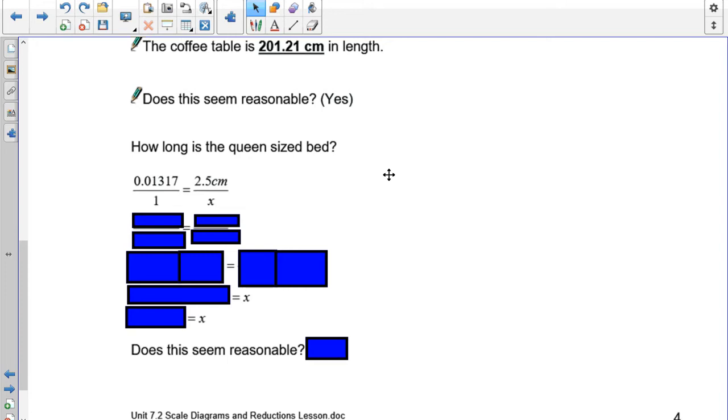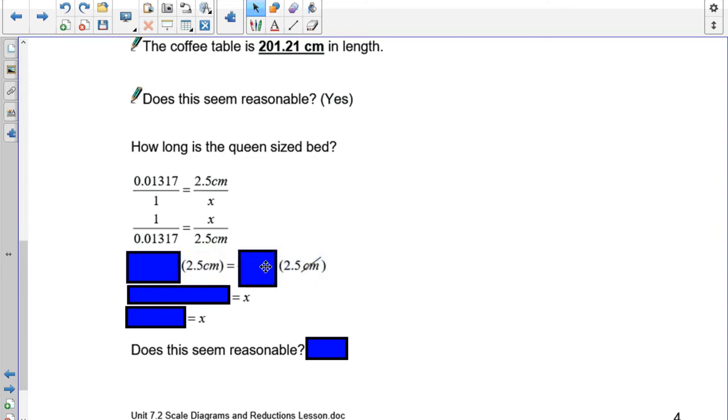All right, just like before, if I want to get the variable in the top to make it easy to work with, I flip both sides. So this becomes 1 over 0.01317. This becomes x over 2.5 centimeters. Multiply both sides by 2.5 centimeters, and on this side the centimeters will cancel, and so will this 2.5 over 2.5. Anything divided by itself is 1. So that just gives us 1x, or just x. On the left-hand side, I've got 1 over 0.01317 multiplied by 2.5, and that gives you